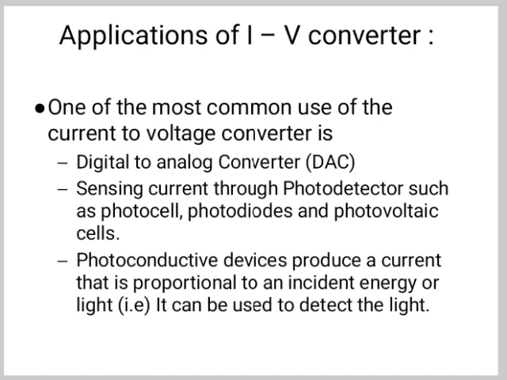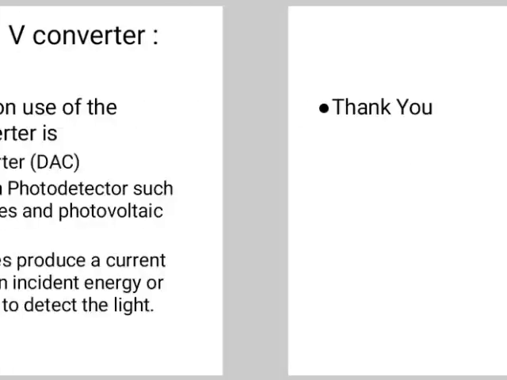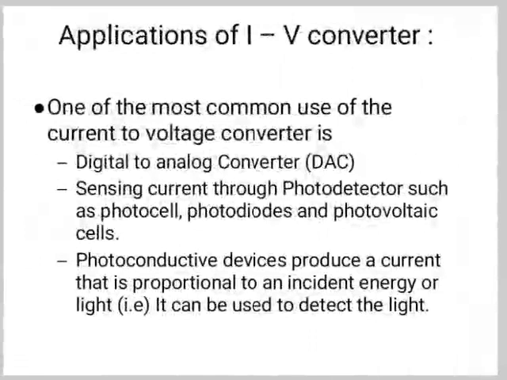So photodiode current measurement is one of the major applications of current to voltage converter. Here the photodiode is operated in reverse bias condition and the voltage V is applied to it. So we can write V0 is equal to ID into RF. The diode current is calculated as ID is equal to V0 by RF, where ID is the photodiode current and it is proportional to the intensity of the light incident on it. This current is the input current to the circuit and it is calculated.